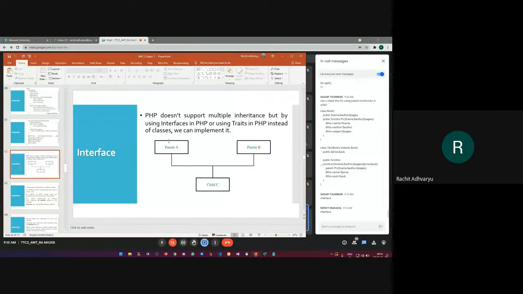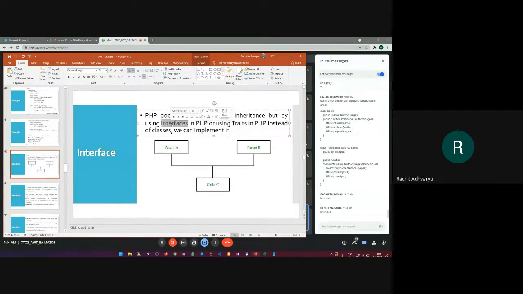See, interface is a way of implementing multiple inheritance. In PHP, we have two options to deal with multiple inheritance. The first one we know, that is interface, and the second one is traits. These are two different components in PHP through which we can implement multiple inheritance.